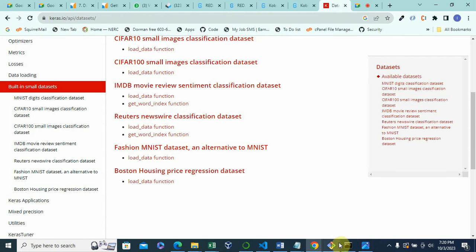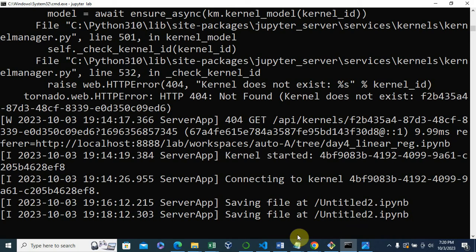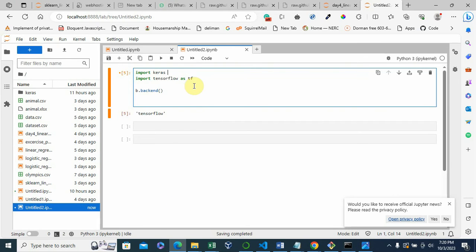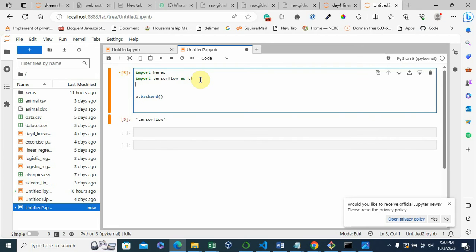All right, so we need to bring that into our project by importing it.